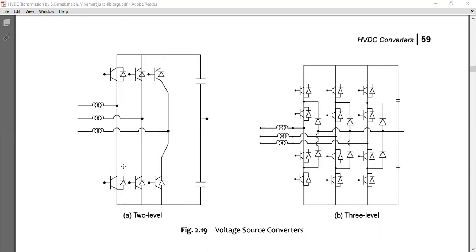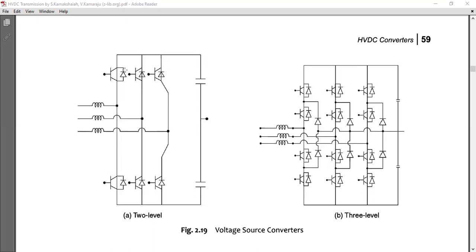Okay, and this is capable of generating 2 voltage levels, minus 0.5 UDC-N2 and plus 0.5 UDC-N. So this 2-level bridge consists of totally 6 valves, and each valve consists of an IGBT and an anti-parallel diode. This is the IGBT and this is the anti-parallel diode. Each one consists of one IGBT and an anti-parallel diode.